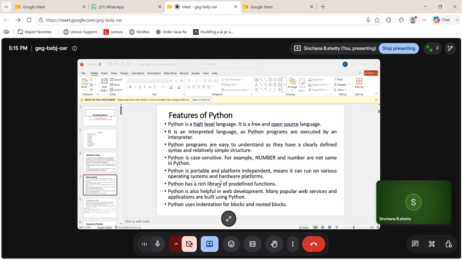And the next point is Python is case sensitive. For example, number and Number are not the same in Python. See, case sensitive means, for example,